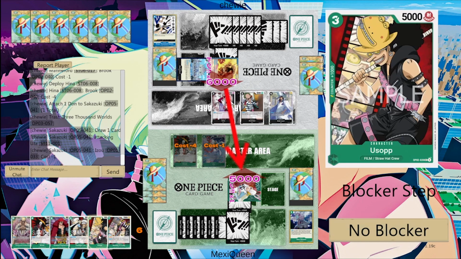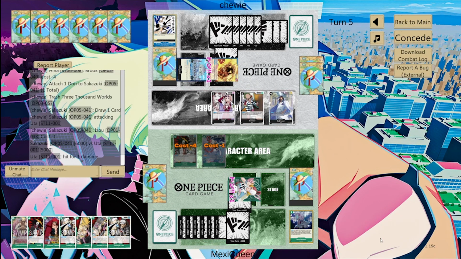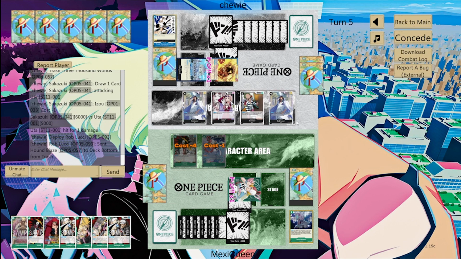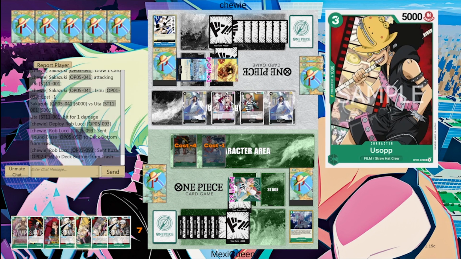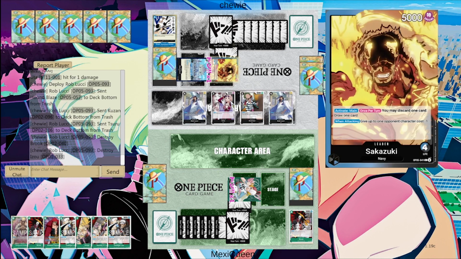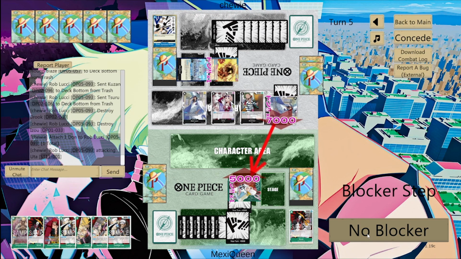Do I want to take it? Do I have anything to not? I guess I have to take it. Oh my god, dude. And now he can attack with this Rob Lucci. Stupid. Stupid. Absolutely dumb. Yeah, this deck is annoying. I don't know how this deck...